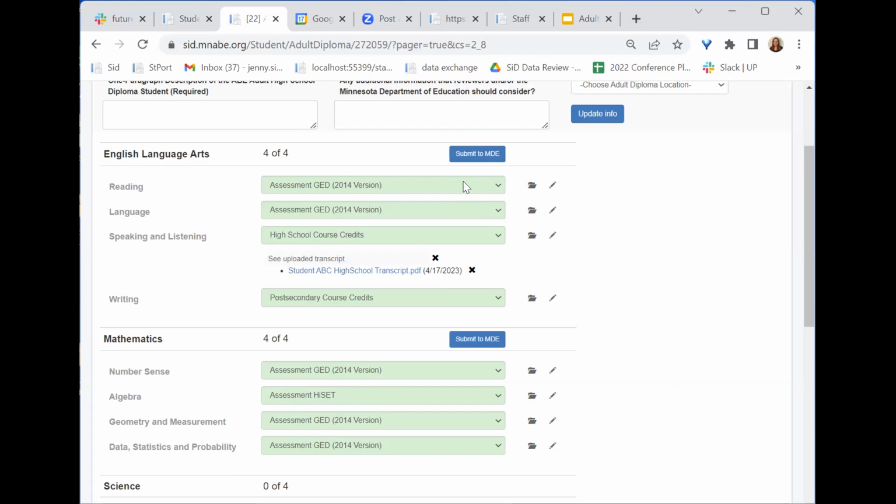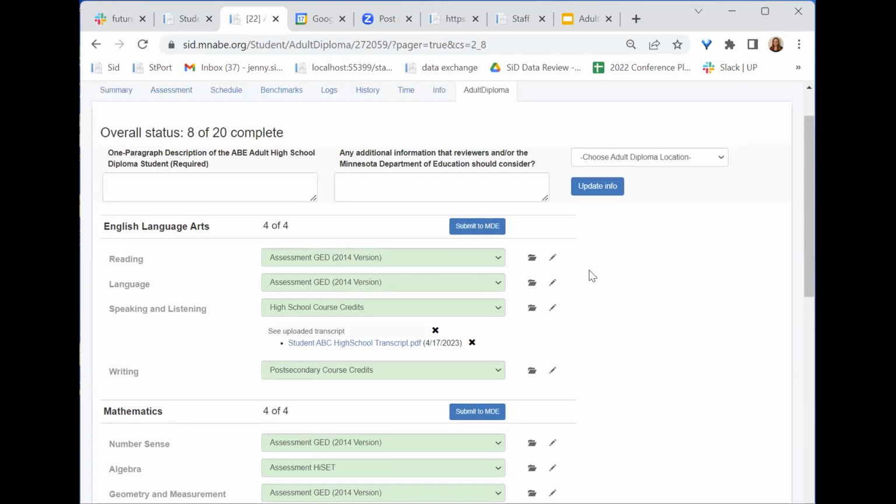And then on the MDE side of things, they're going to now have the visibility of a student who has a bunch of submitted areas within a domain. So that information gets sent to them. Well, we'll talk in a second, because what we're curious about is how you all do your workflow for who selects the completion option, who uploads documents, and who clicks submit.